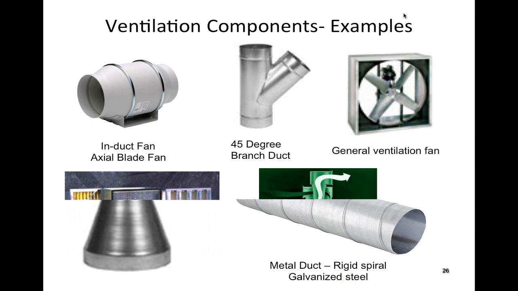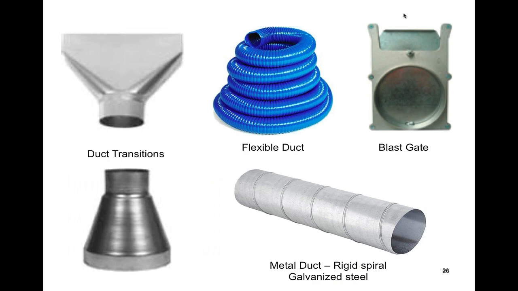This branch duct goes off at a 45-degree angle instead of a 90-degree angle because there's less friction involved in moving air through that angle. There's a whole bunch of filters there. I can see one's activated charcoal, one is a pleated, looks like fiberglass filter, and so on.